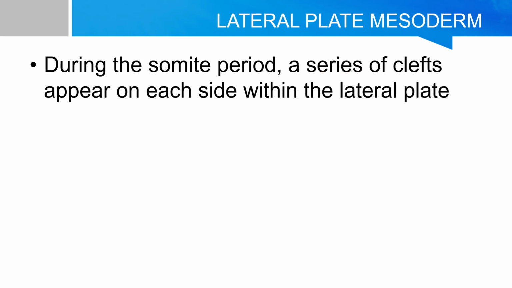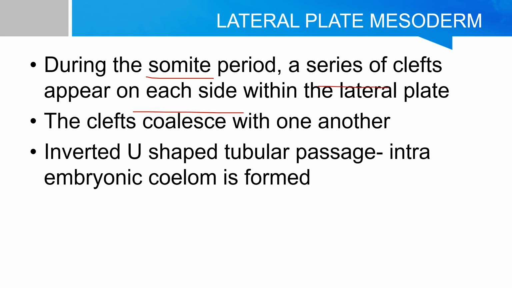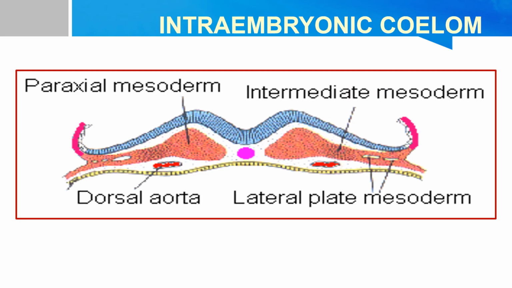So when the somites are forming, simultaneously in the lateral plate a series of clefts are appearing, and these clefts fuse with each other. An inverted U-shaped tubular passage, which will be called the intraembryonic coelom, forms in the lateral plate mesoderm. So this is what we are describing. You can see in the lateral plate cavities appear, and when they fuse it will be called the intraembryonic